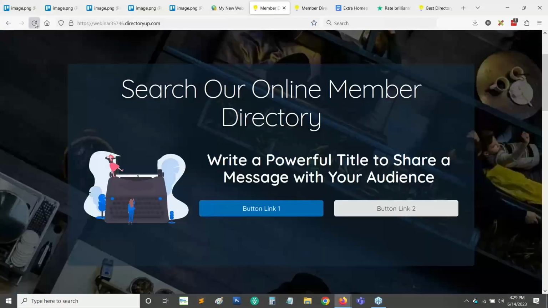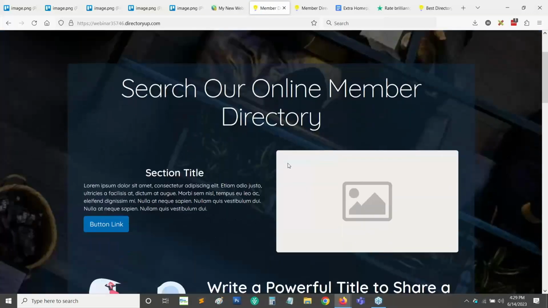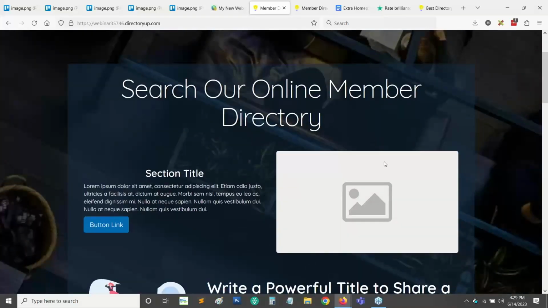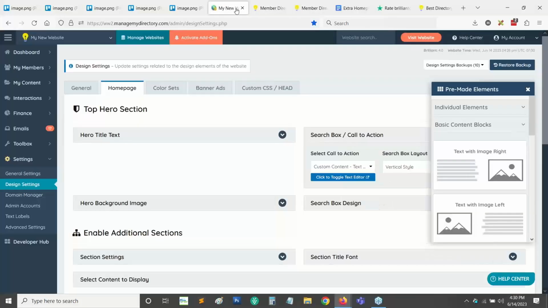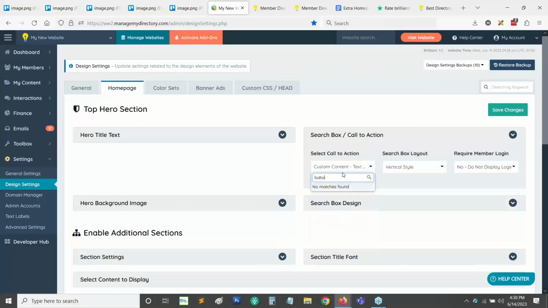And if we come back here to the home page, we can see we've now added some content. We have some text, a button link, an image. This image could very well just be a video introducing people to the site. And we can add more buttons here if we want them to sign up or search the site or whatever it might be. After this, if we're not going to use custom content, we can also use